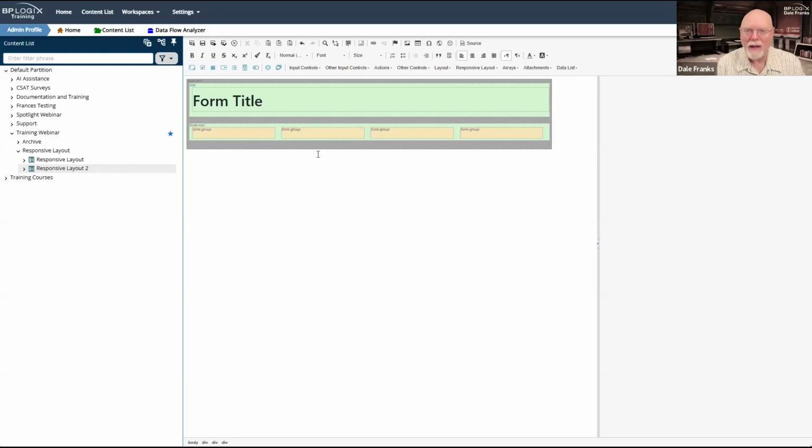Everything is just right next to each other. Form groups are a little different. They are still columns. However, there is some built-in spacing in the form group. And you can see the little green bars between each form group that let you know there's been some extra spacing added in between the form controls.